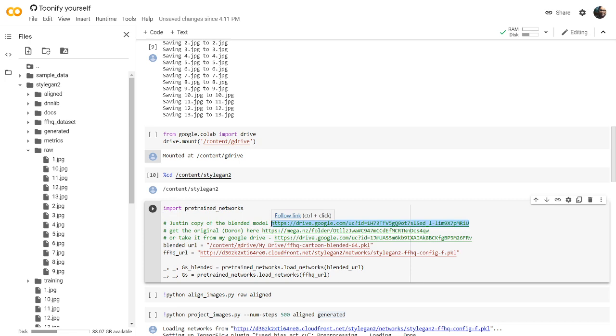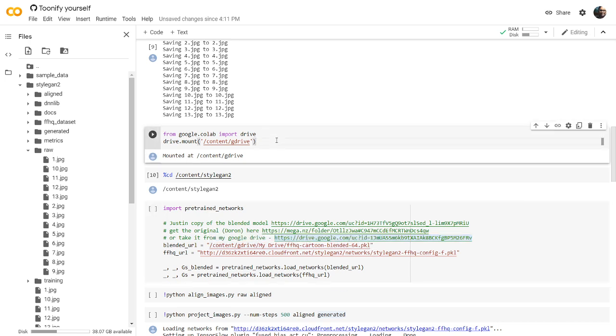You can just go to that link, download it, upload it to your Google Drive and mount that here. Or you can go with this Mega folder, which is by the original guy Doron, or else you can simply use the version which I stored in my Google Drive. You can use any link there, or if you mounted your Google Drive, you can use the path of the file from the Google Drive. I mounted my Google Drive here, and I just gave the link here.